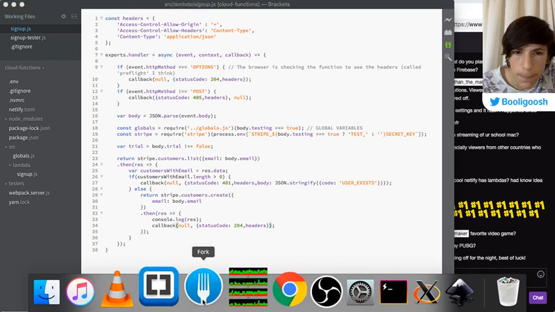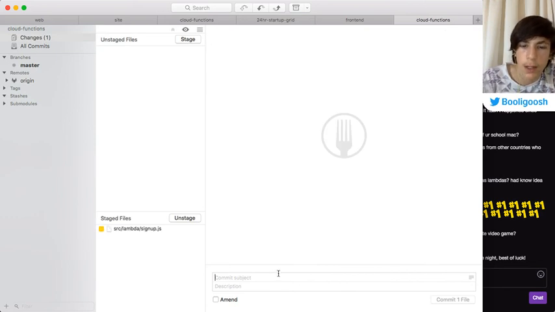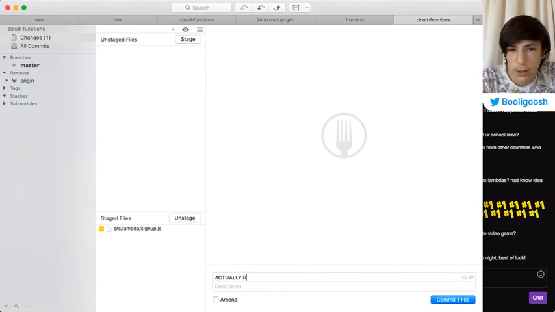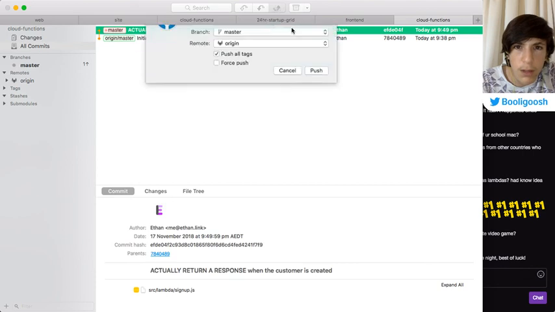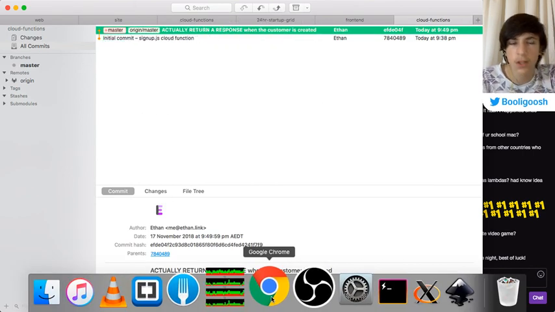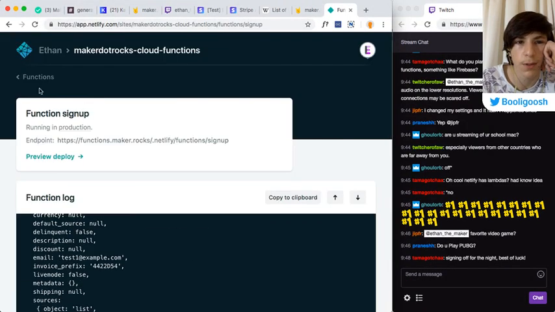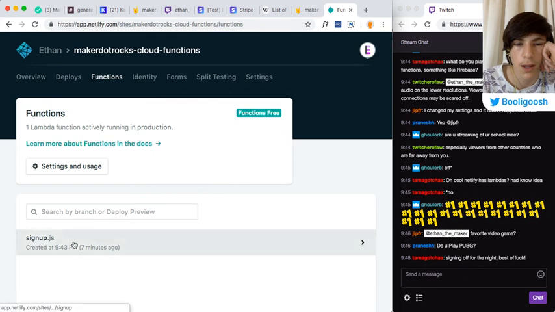So stage, actually return a response when the customer is created. Then we'll push that. Push. Now I actually have to wait a certain amount of time for these functions to build every time.